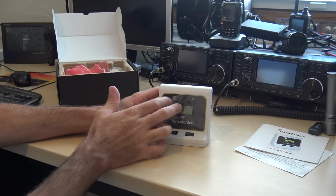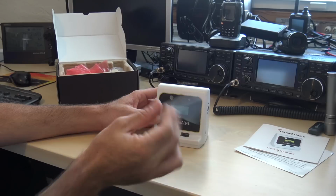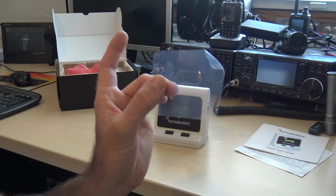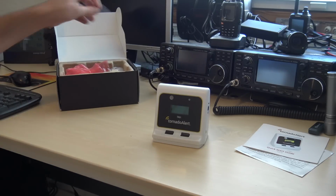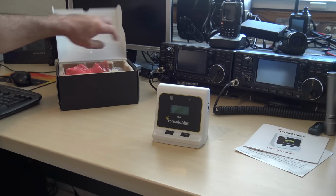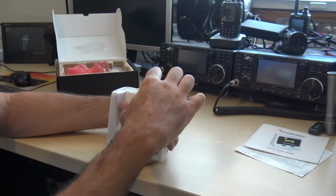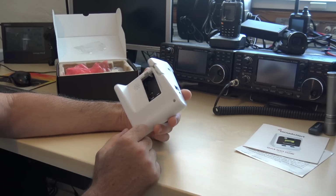Take this off right here, ready? I know, because for those who don't know, I've had videos of $1,800 radios and I left the screen protector on and I got bashed at by my viewers. So yes, I took it off. Okay, so this does run with batteries. You could put 2 batteries in here, or a 9-volt, excuse me,